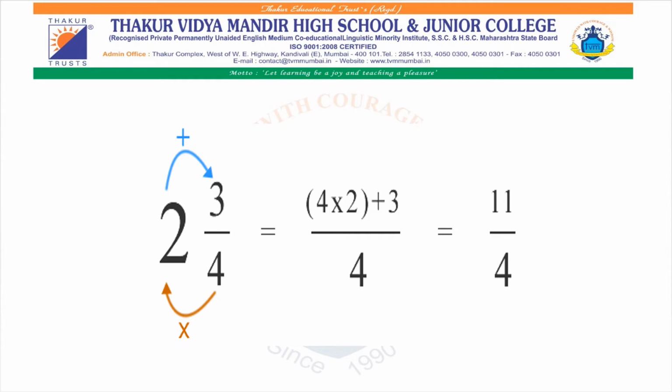Again I am telling you, the denominator will be multiplied with the integer and the numerator will be added to it. So it will become your new numerator. So 4 into 2 plus 3 upon the denominator as it is equals to again 4 twos are 8 plus 3, 11 upon 4. 11 is greater than 4. It means you have converted it into an improper fraction. Your answer is correct.